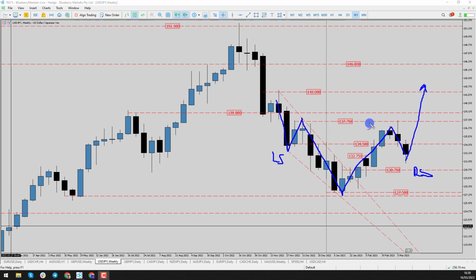From a bigger picture point of view, I still expect dollar yen to head higher, just from a larger picture fundamental overview. That's not really taking into account the banking sector crisis going on at the moment globally. That could be a potential problem for price to move higher, the sticking point that doesn't see price head back towards the 151 area, which is what I'm looking at in the market. However, it doesn't mean we can't look for long opportunities,